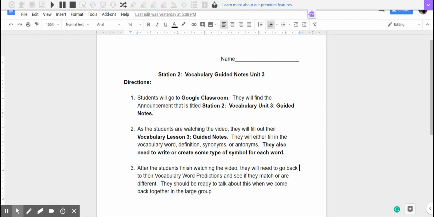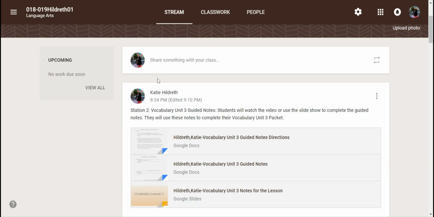Okay, so we're going to go over to Google Classroom. And if you look, here's in the Stream tab, Station 2 Vocabulary Unit 3 Guided Notes. You have the directions, the notes, if you lose them. Please make sure you make a copy of those, and then here's the PowerPoint presentation that you can use. Okay, so you're going to click on the slide,